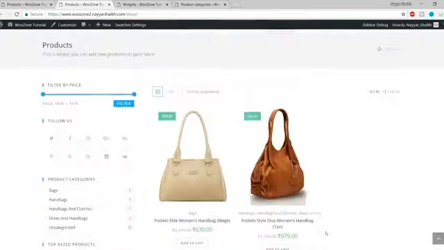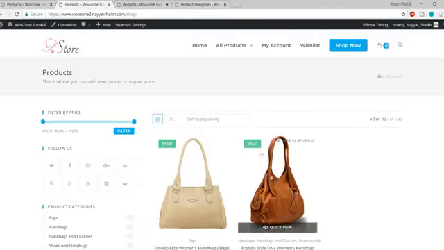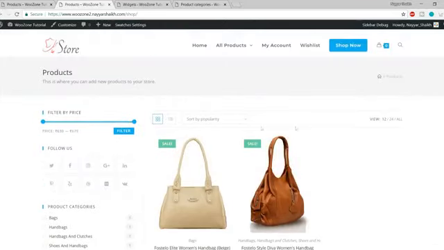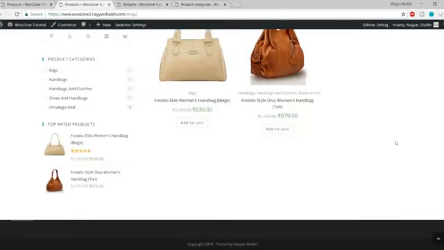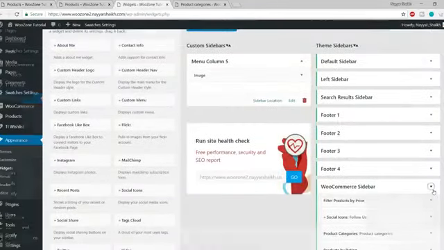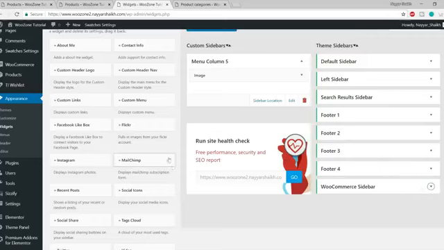Okay, so with this we have also completed the shop page, how you can display the shop page and different sidebar for this one. Now let's do the final thing, which is to change the footer widgets. We have some widgets used in the footer. Let's add these widgets. So again, in the same page under the footer one, what we'll do first